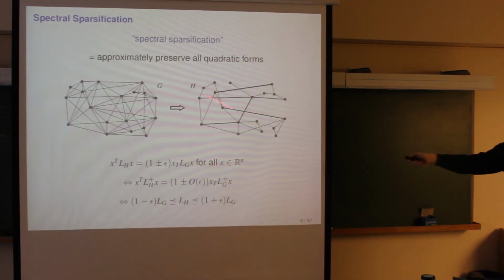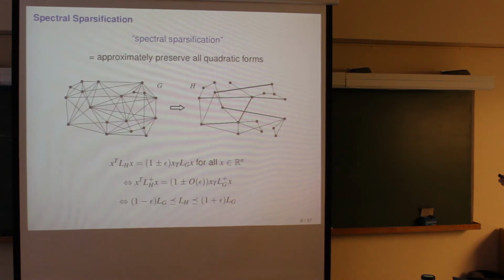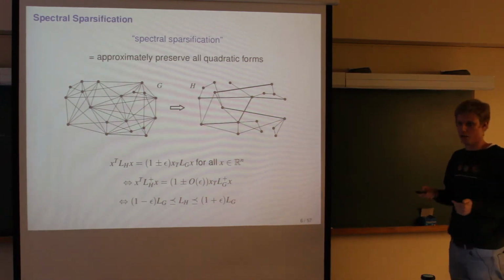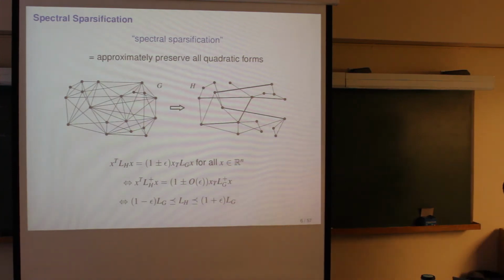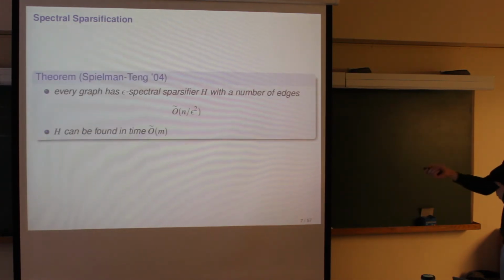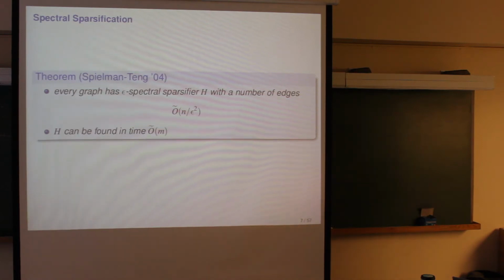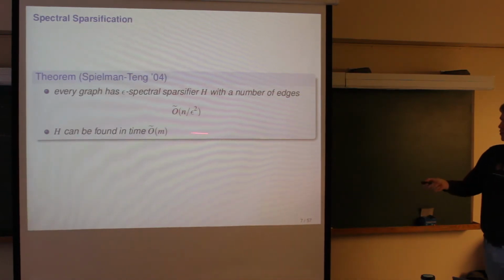Like for instance, if you think about this original graph, I can actually send you a graph which is very sparse, and it approximates all cut values of the original graph, but then again, a lot more, like also all effective resistances, the entire spectral structure basically is captured by a much sparser graph. So this is a very non-trivial statement that it's possible. What makes it even more non-trivial is that they show that you can actually find the sparsifier efficiently. You can find it in time O tilde m, where m is the number of edges, right? So this can be as much as n squared.